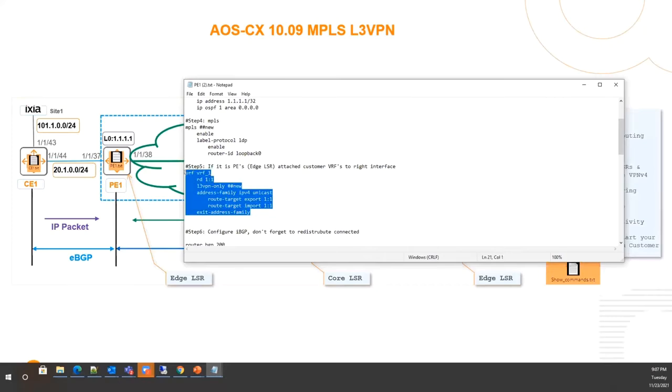Which VRF is this? This is customer 1, which you are connected to, CE1, that is your VRF, which you are connecting here. What is new here compared to your VXLAN EVPN, which I'm highlighting, is the L3 VPN only configuration. Without this, you cannot run this VRF in L3 VPN. This is mandatory. You cannot use an EVPN VRF in L3 VPN MPLS.